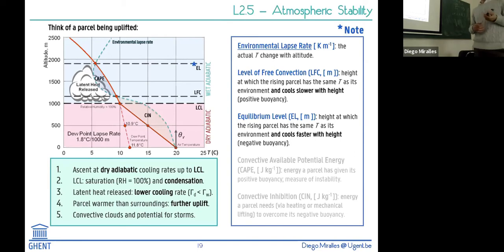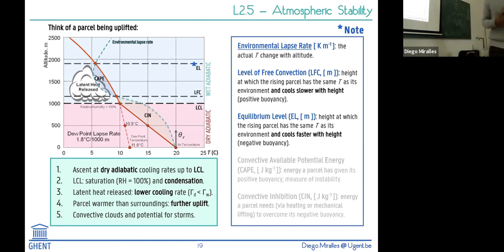So you have to compare the two to know whether that parcel that's ascending will actually be warmer or colder than the surroundings, which will determine whether it keeps on moving up or it stays. We'll get to that in a second again. But this is probably the most important, most difficult concept that you're going to hear today. So it's important that we go through it a bit slower. I'll ask if you have any questions, but